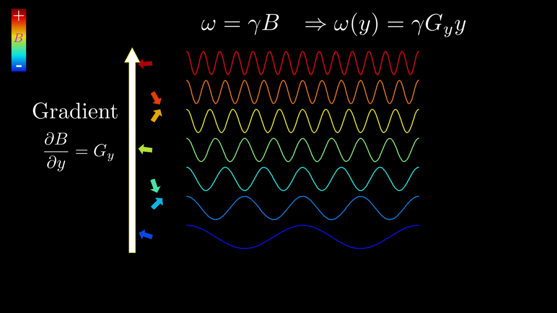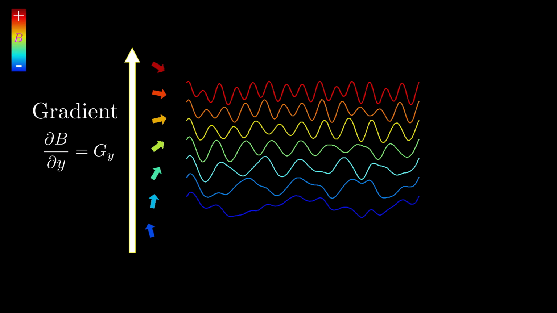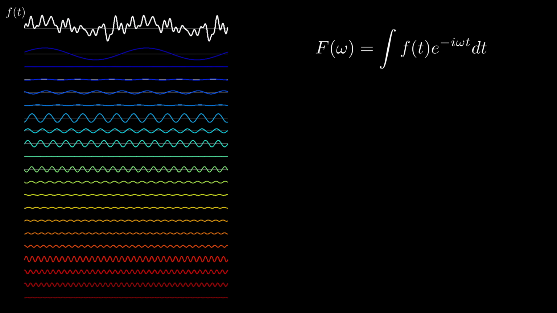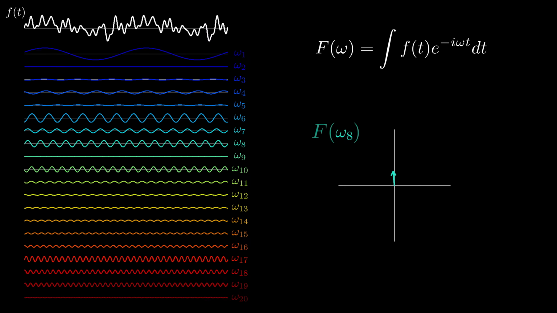Because we know the detected signal will actually be the composite sum of all spin frequencies. But you're not worried because you saw our last video on the Fourier transform. You know that if given any arbitrary signal f of t, the Fourier transform will deconstruct that signal into its individual sinusoidal components. Any individual sinusoid is mathematically described by a complex exponential of frequency omega, and each frequency omega